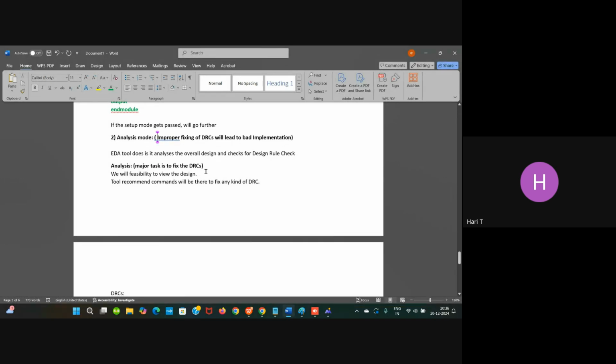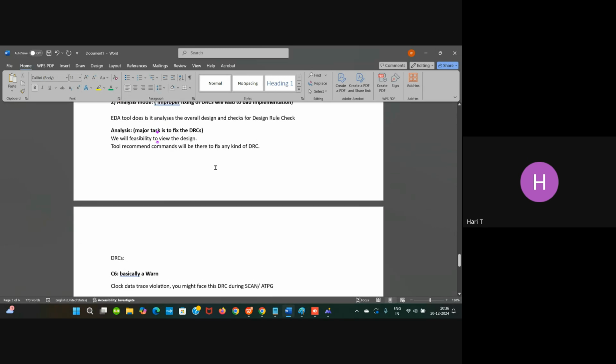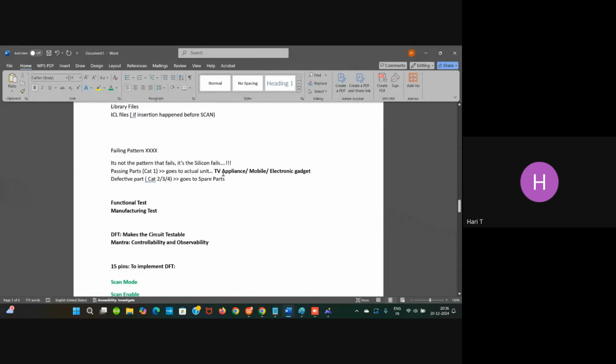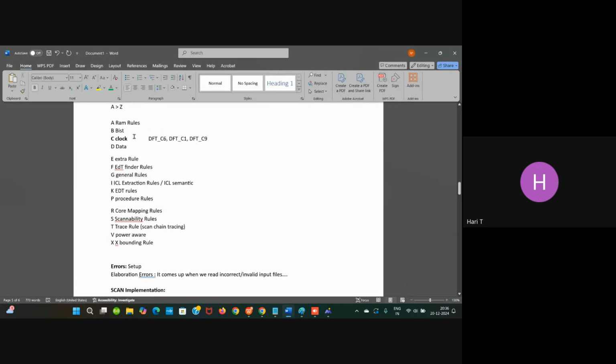But here, in terms of DFT, what I was going to explain is the tool, whatever the vendor, whether it is Tessent, Cadence, or Synopsys, checks all these categories. These categories cover the entire design criteria. Let me explain in short. If there exists any RAM in your design, these rules concentrate on those particular RAMs. If there exists no RAM in your design, there is no chance of